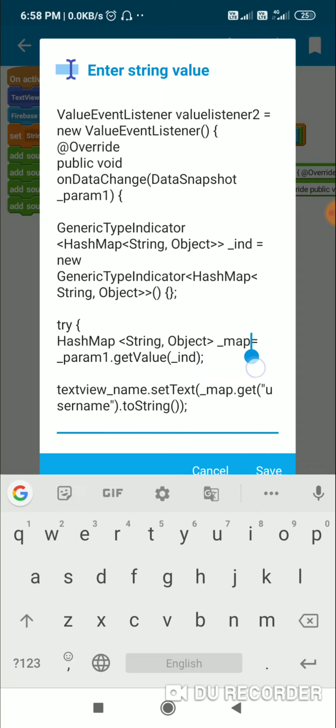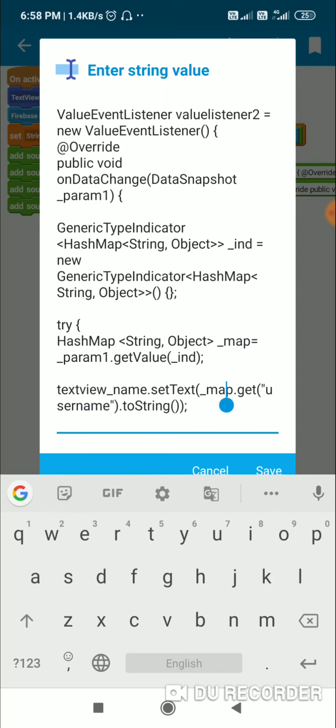So this means underscore map is a map variable, hashmap string object, and this is equal to underscore param1 dot get value underscore int. So param1, which is the data snapshot, from this I get the value in the form of map variable, and that will be our map variable underscore map.